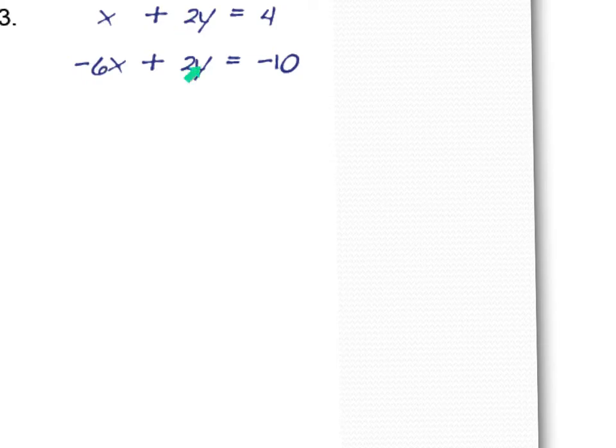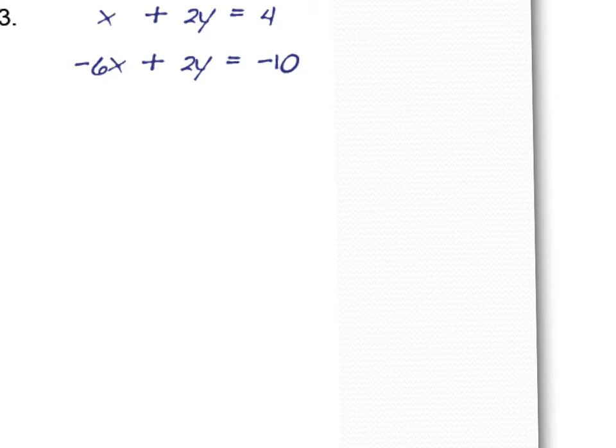I have 2 and 2. Those are the same number, but not the same sign. And then I have 4 and 10. Obviously, we're not going to deal with those. Now, notice I'm going to look at the y's. I have 2y and 2y, but they're not opposites. They need to be different signs. If I were to start and add these together, I would get 4y, not eliminate them. So how do I get them to be